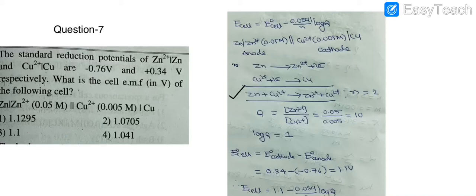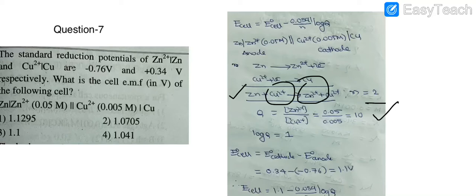So this is the expression for the equation. And here how many electrons are transferred? 2. Here plus 2 is there, so the LCM of plus 2 and 2 is 2 only. If they were different, then you would have to write the balanced equation accordingly. Here we find Q. How do we find Q? Q is equal to the concentration of Zn2 plus by the concentration of Cu2 plus. No coefficients are there, so no powers are coming. Otherwise powers would come. So how much is the Zn2 plus concentration that they have given?